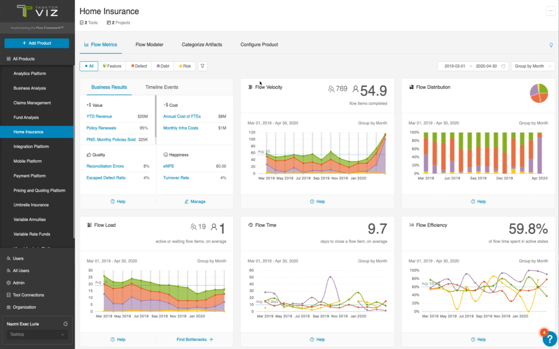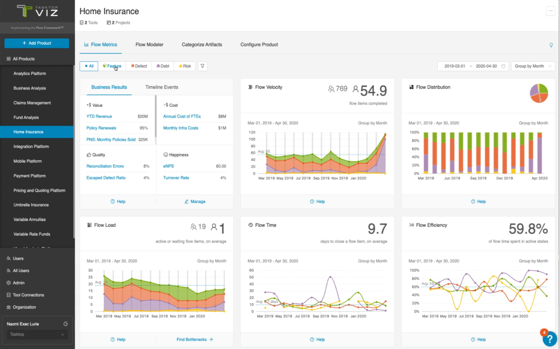At a glance, you can see the value stream's flow metrics, their flow velocity or throughput, flow time or time to market, and flow efficiency or process time, all classic value stream metrics. You can also see the value stream's flow load, the WIP across all contributing teams and departments, a leading indicator of future performance. All these metrics are painted in 4 colors, representing 4 flow items that deliver value for the